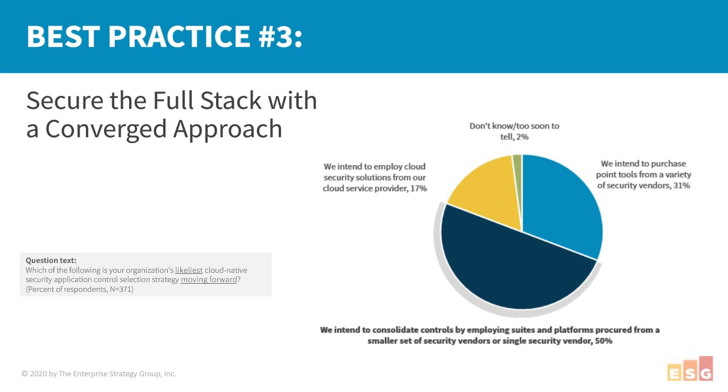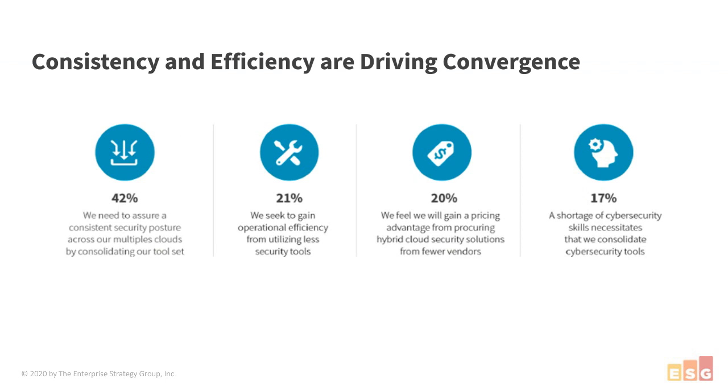Why? Right? Why are we driving toward convergence? I mean, it's consistency and efficiency. We saw earlier, number one challenge is consistency. And sure enough, that's the top driver: to be able to solve for that problem of lack of consistency across my disparate environments, I need to converge. It's hard to be consistent by using a series of different point tools. It's got to have a single console, single policy, single visibility across these environments, up and down the stack. I can see serverless, I can see containers, I can see VMs, I can see bare metal.